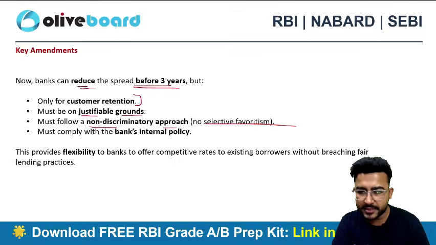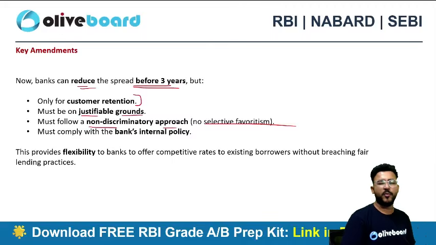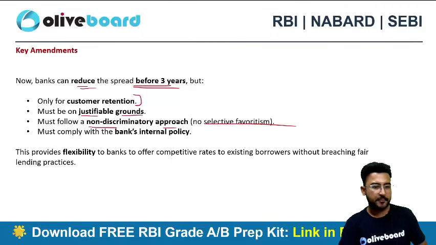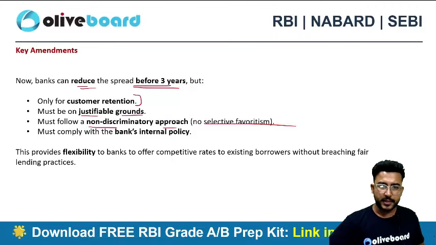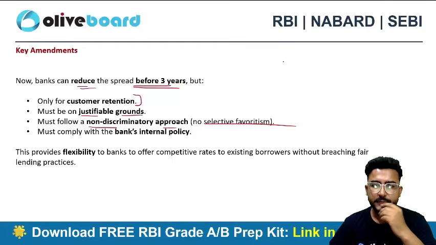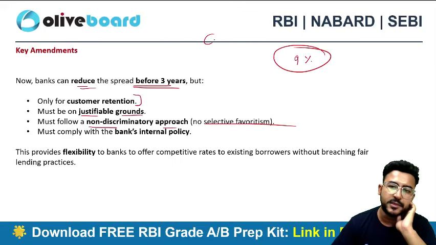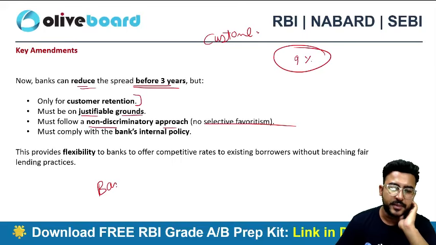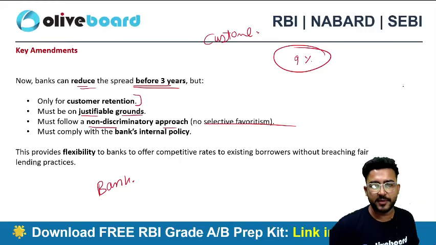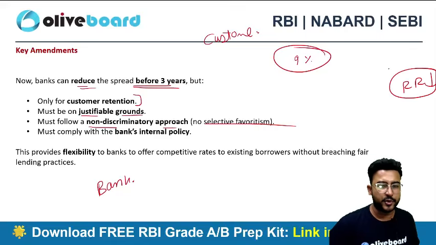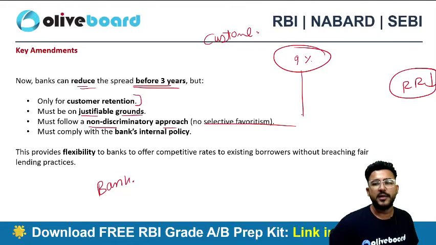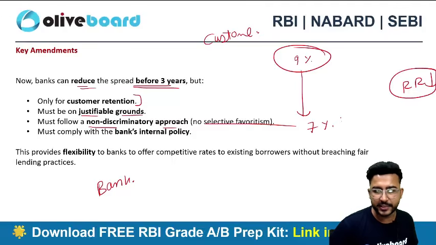Oh, sir, can you please give an example? I couldn't understand. No problem at all, Sudarshan. I'll be giving an example as well. Let's discuss this one. Say, for example, my interest rate is 9%, right? I am a customer. The bank is charging an interest rate of 9%, but because of the reduction in the repo rates or the benchmark rate, now the rate should be 7%, say, for example.